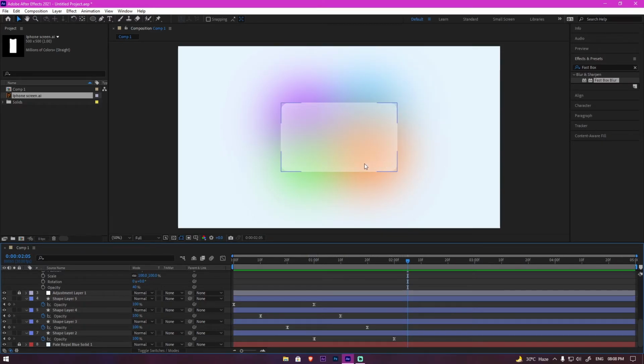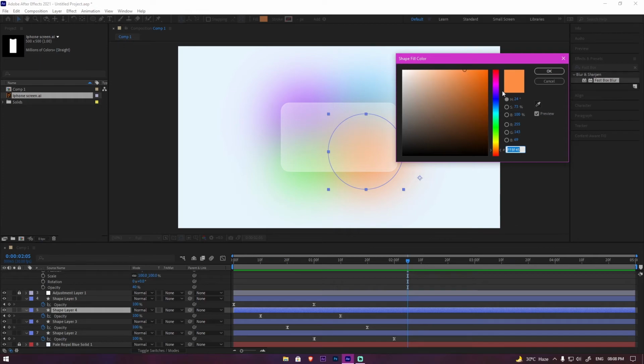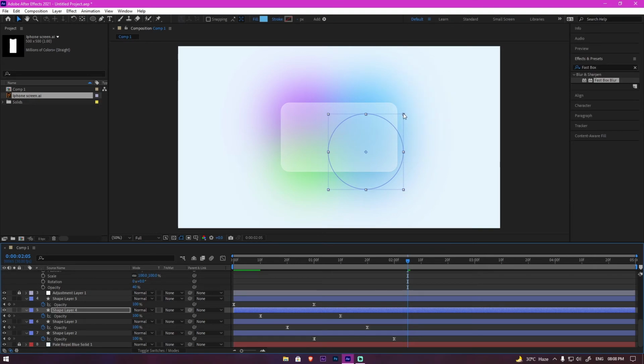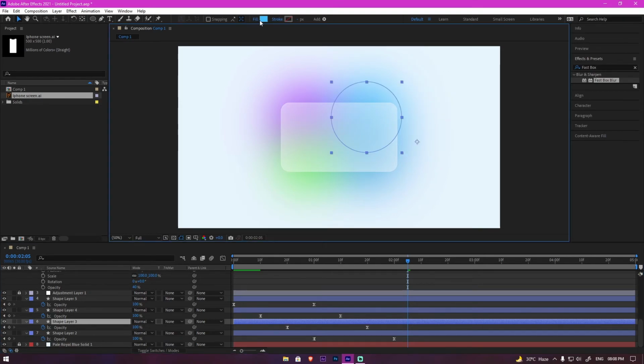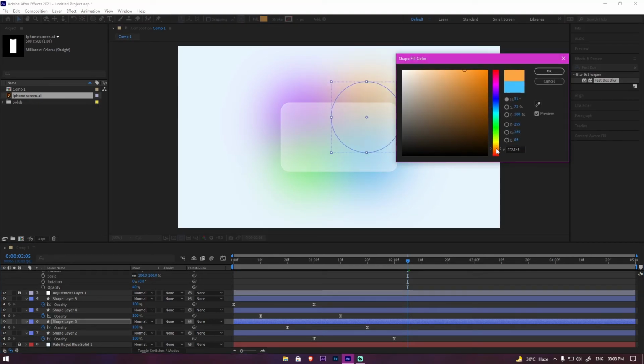Now first what I'm gonna do is I'm gonna change the blue color to orange and the orange color to blue because I didn't like the contrast of these colors overall. So I'm gonna choose a little dark color of blue. So again, I'm saying you can choose whatever color you like. This is not mandatory to choose.